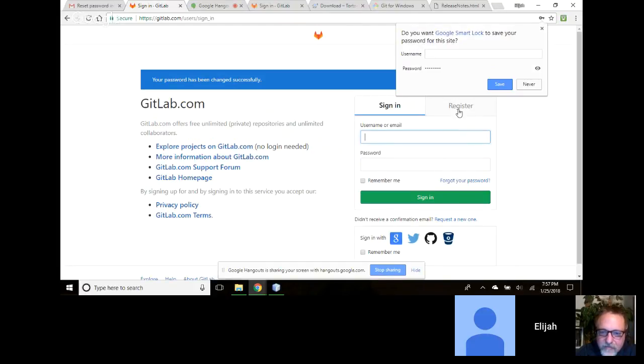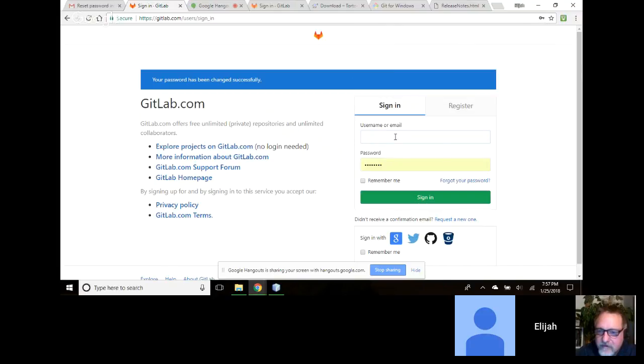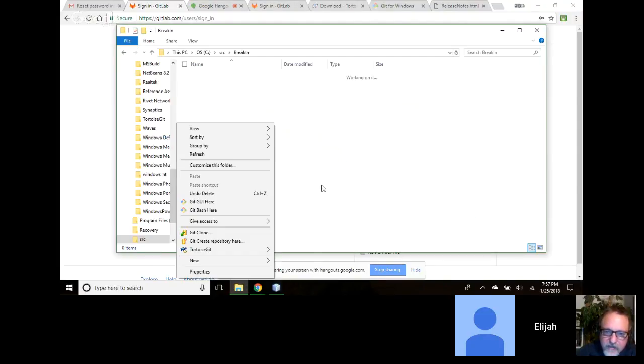Now I bet you when you do the git clone thing, you're going to be fine. So say never save or whatever. No, you don't need to log in there now. I'm not worried about that. Now I want you to go over to the git. Right mouse button, click and say git clone.